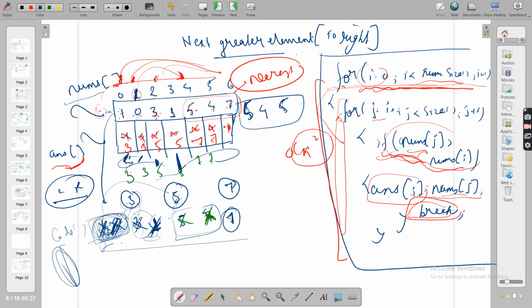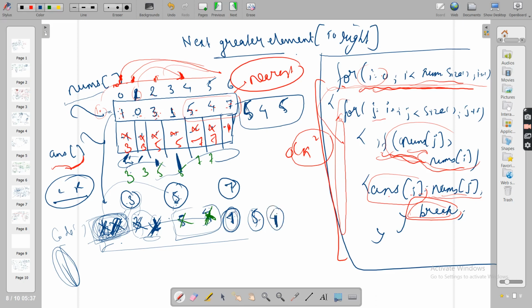So now let's put 5 here. Okay, 5 here, because everything is empty, only 7 is remaining. Oh, I put 5, no problem. I'm not getting an NGE for 7. 5 is not NGE, or for 5, 7 is not NGE. I know that because NGE should be to the right of it. So 7 is not NGE of 5. It could have been if it were to the right of 5.